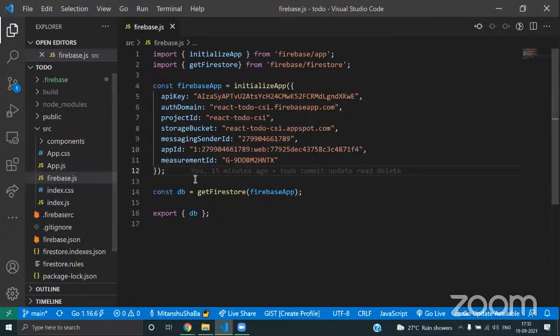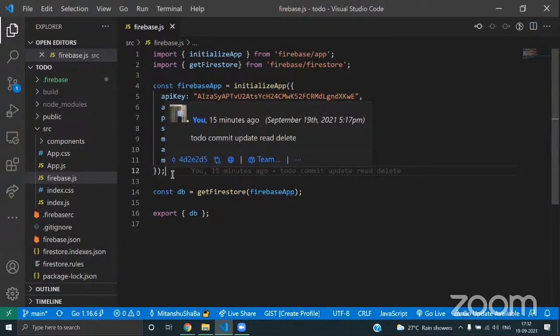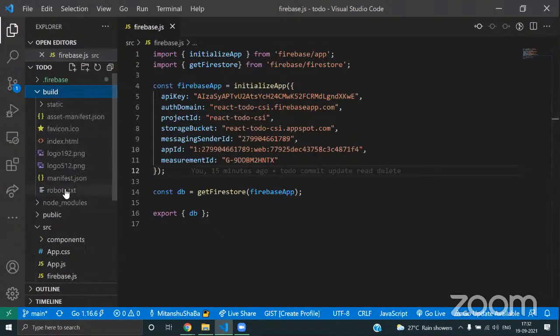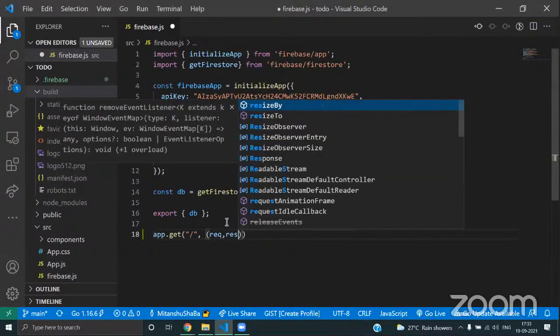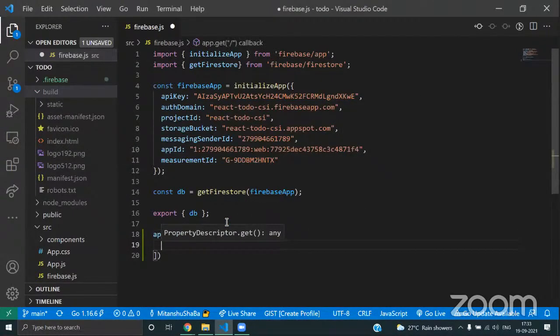Okay, coming back. So Express is a backend technology, so it can serve static files. Whatever this build folder is, this whole thing is a static folder, right? You can set up your Express in such a way. In Express you have things like app.get, and then whatever the path is, and in the request and response,